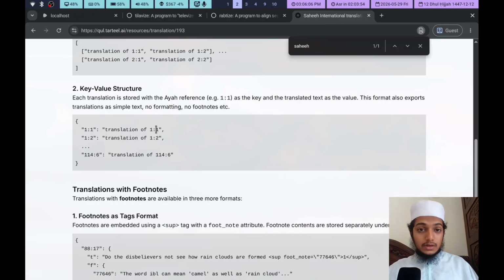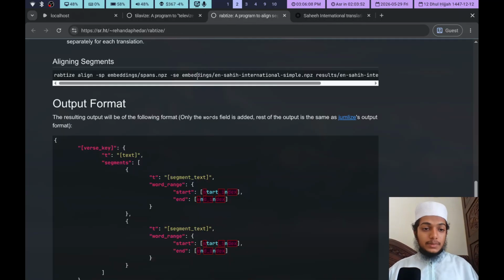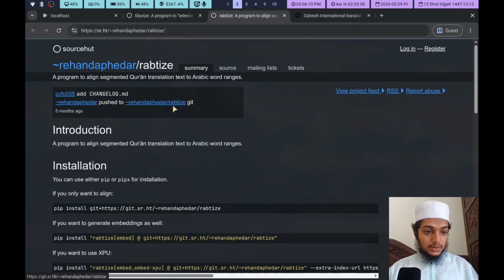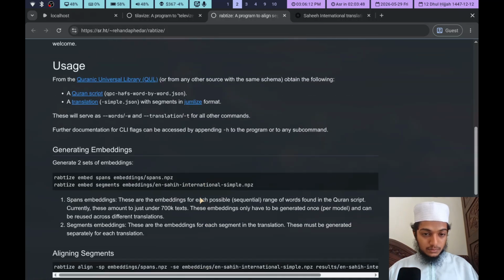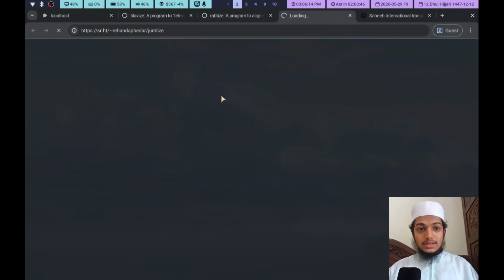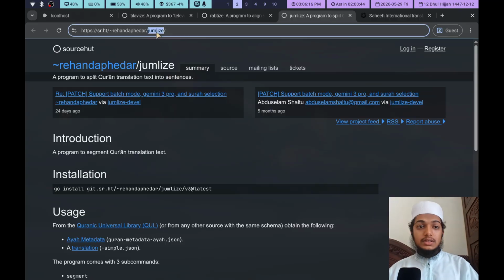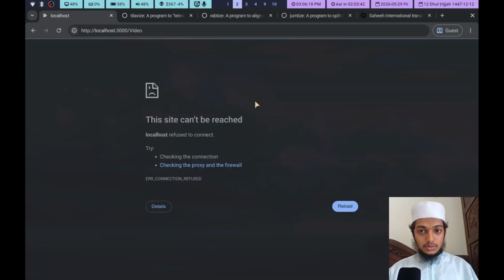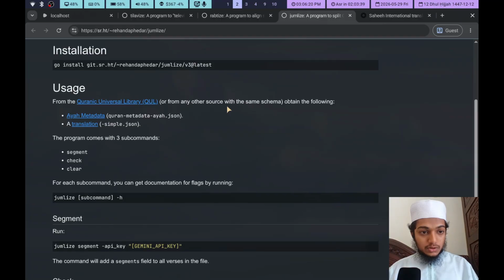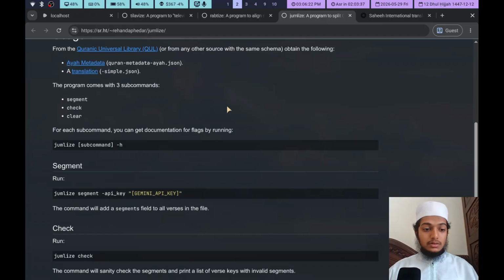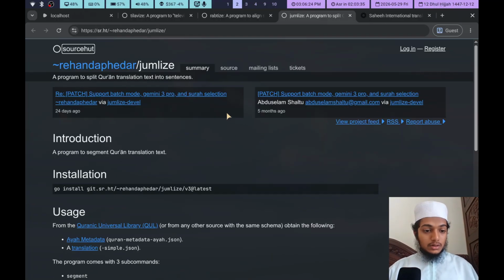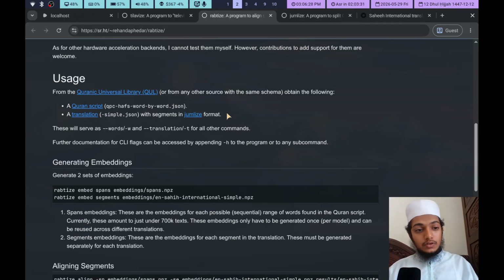I will be covering this in detail, but basically, I have another program that does that. It takes this as input and outputs what's called a Joomla compatible translation JSON, and Robthize takes that and outputs a Robthize compatible translation JSON.